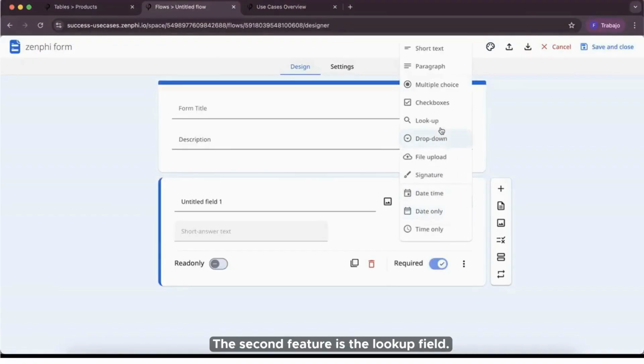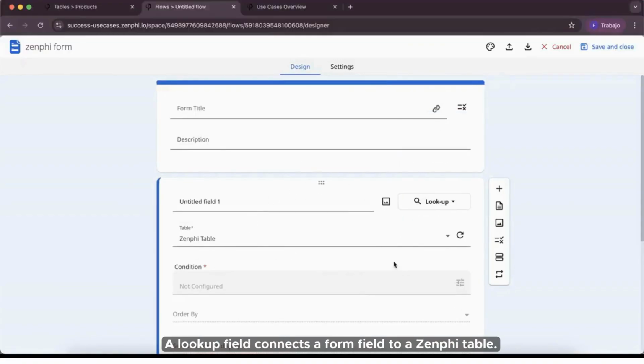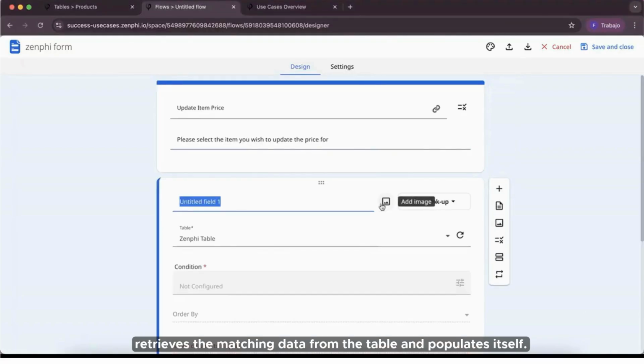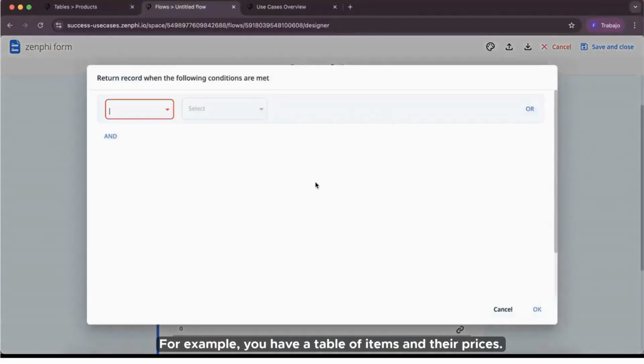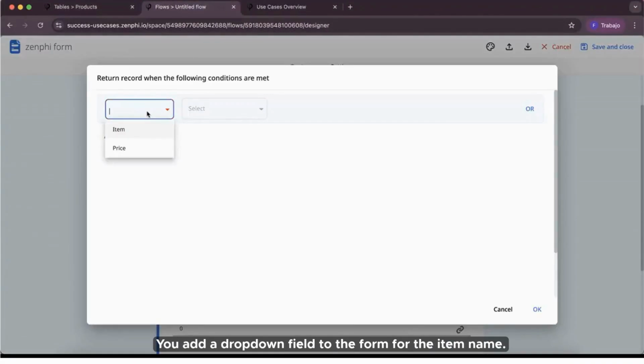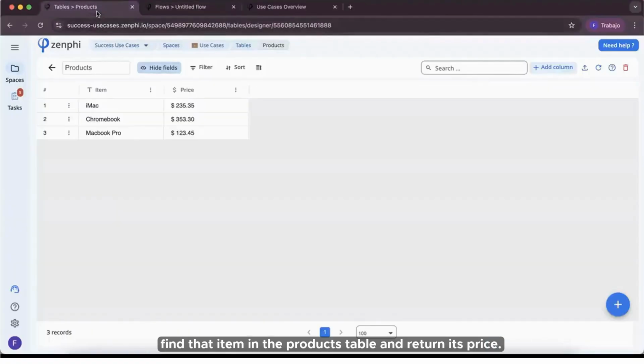The second feature is the Lookup field. A Lookup field connects a form field to a Zenphi table. When someone selects a value in one field, the Lookup field automatically retrieves the matching data from the table and populates itself. For example, you have a table of items and their prices. You add a drop-down field to the form for the item name. Then you add a Lookup field that says, when item is selected, find that item in the products table and